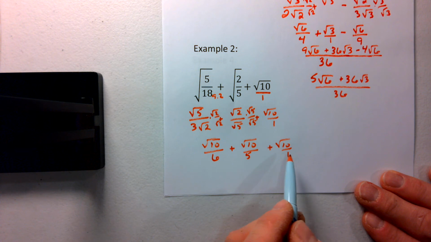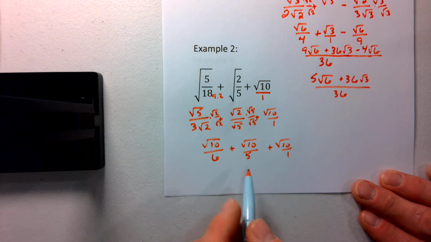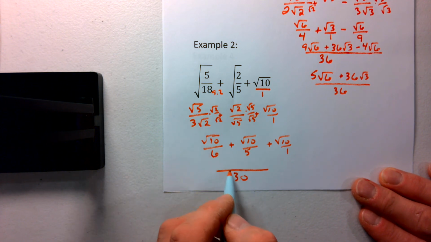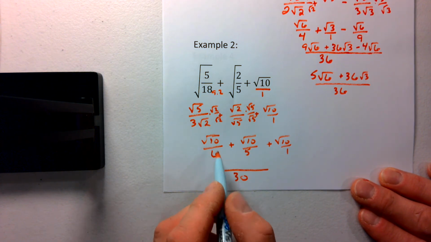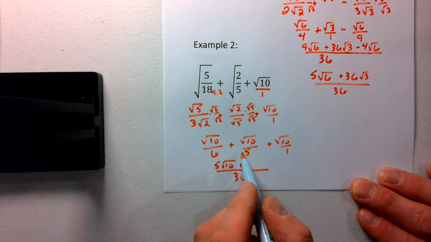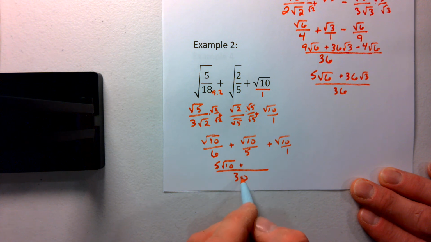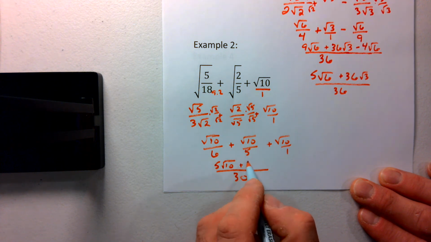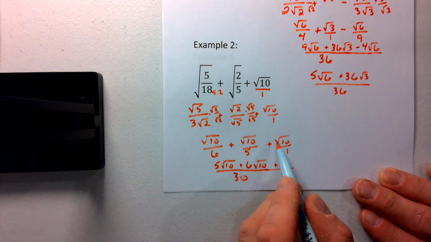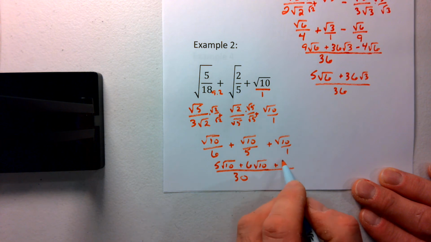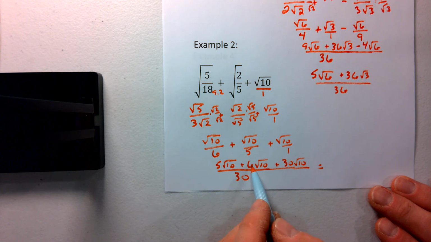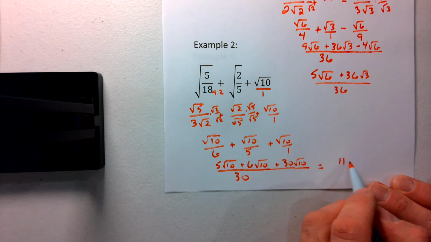We now can go ahead and find a common denominator between 6, 5, and 1. That's going to be 30. We multiply 6 by 5 to get 30, so we're going to multiply the radical 10 by 5, and you get 5 radical 10. To that we're going to add, we multiply 5 by 6 to get 30, so we're going to multiply the numerator by 6 as well, so we get 6 radical 10. And then the radical 10 we're going to multiply by 30, because we multiply 1 by 30 to get the common denominator as well. So here we have 5 plus 6 plus 30 gives us 11,